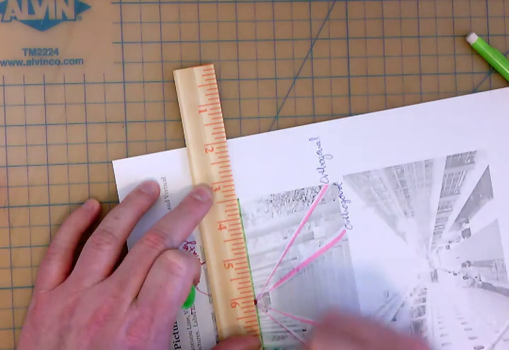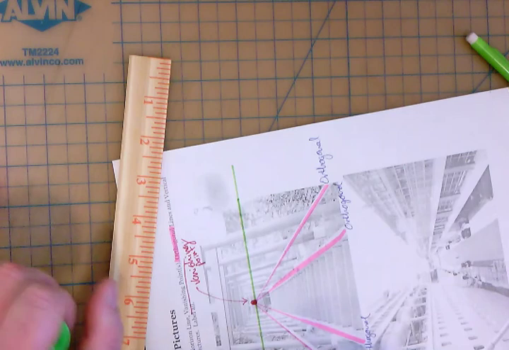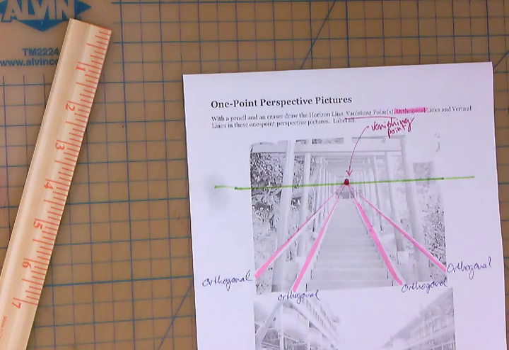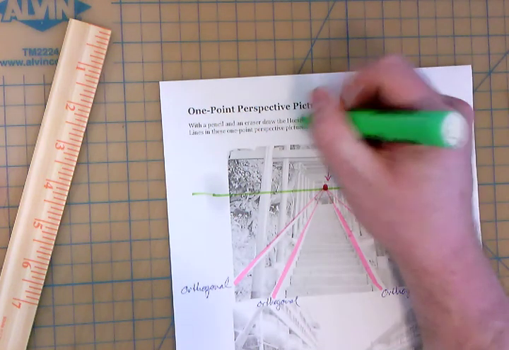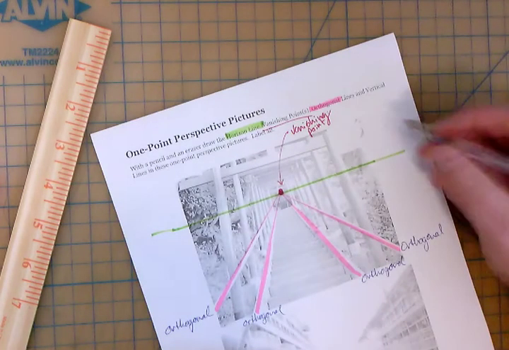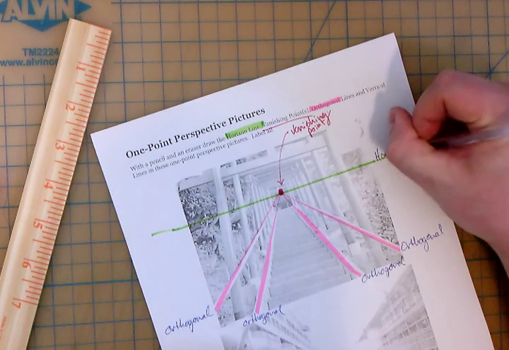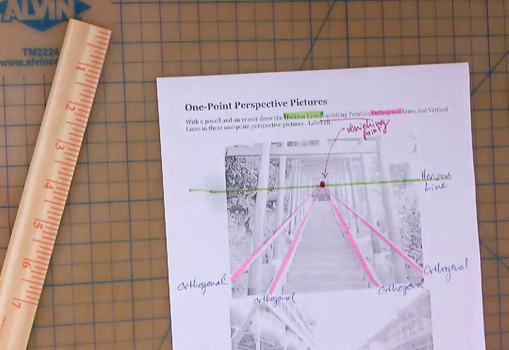So a horizon line comes straight across. I'm going to extend it a little bit out so we can, oops, I'll ignore that. There you go. Horizon line, straight across, or as straight as you can make it. Once we have it written, we're going to go ahead, well here I can highlight it. Horizon line, done. And now we can label it. Horizon line, boom. All right, remember that's right at eye level, and it's where the sky meets the ground, or